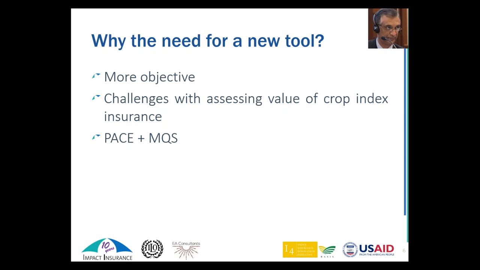It is one thing to have a good and relevant product, but it is also important how the consumers and the channels understand it. How can the product be reached? How can the customers access it? How affordable is it? In what aspects is it available, and what is the appeal of the product? So the new tool tries to capture all these aspects and bring them under one framework so that we know the direction in which we are heading. Is it right? Is it creating value at all stages or not? As I said, this tool combines the PACE and the minimum quality standards that the products need to offer.